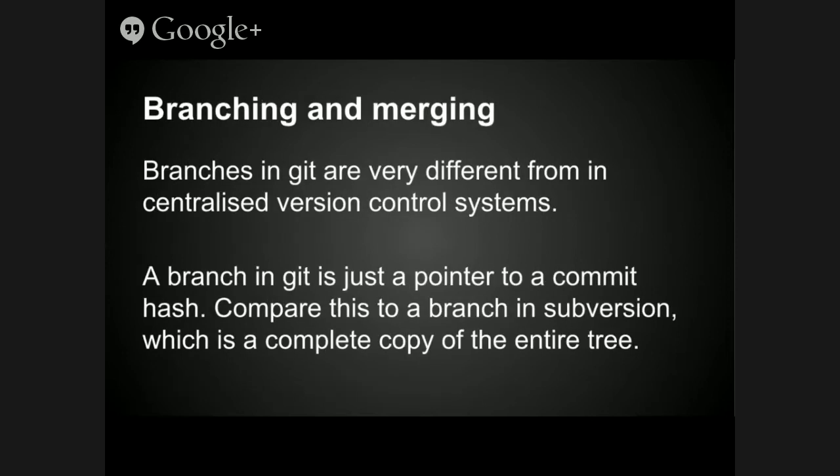So branches in Git are very different from centralized version control. It's just a pointer to a commit hash. So a branch in Git is not a copy of all the files. It's a low-level pointer saying, at this point, I'm going to branch and I'm going to contain all these changes. So when you branch in Subversion, you might branch a big tree and it'll say, oh, wait 5 or 10 minutes while I copy everything. You branch in Git, it's milliseconds, 10 milliseconds, 15 milliseconds. It just makes a new pointer and switches your state.